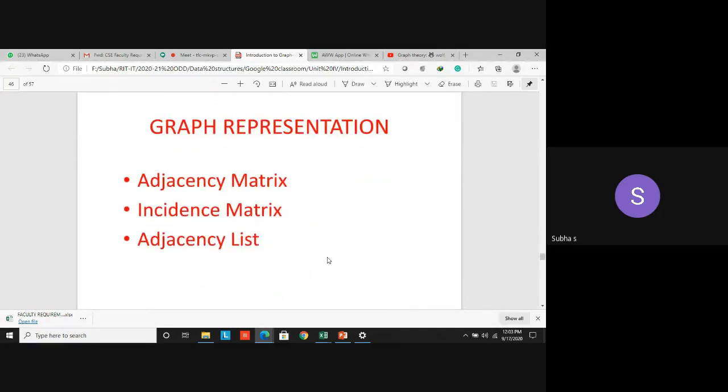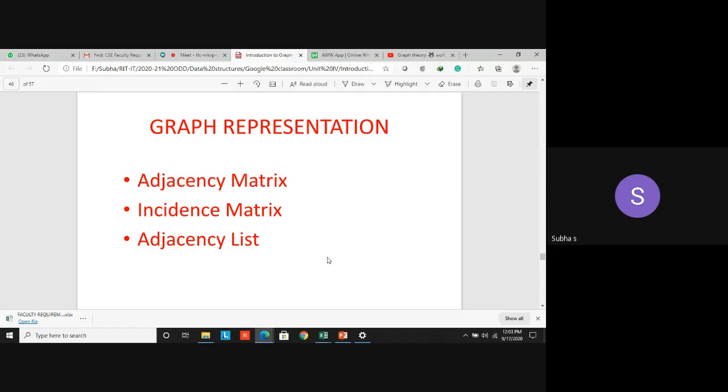Now we move on to this main thing, representation of graph. Actually, I will explain these things in detail in the next class, but know these topics at least. Actually, we are representing in two ways. Here they have given one more term also, incidence matrix. That is also another way of representing the graph. But the first one and third one only we are commonly using to represent the graph.